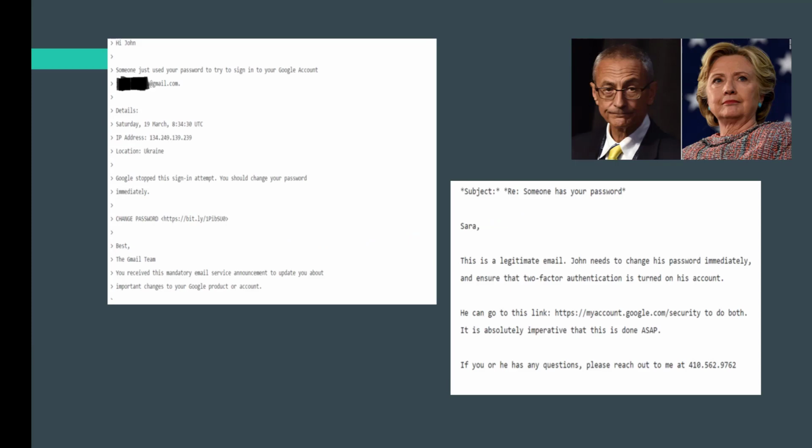All of these hacks were executed using these shortened URLs in fake emails, according to Motherboard, and those URLs were created with a Bitly account linked to a domain under the control of the Fancy Bear, a group of Russian hackers. So consequently, in October, WikiLeaks began releasing thousands of Podesta's emails daily before the November presidential election.